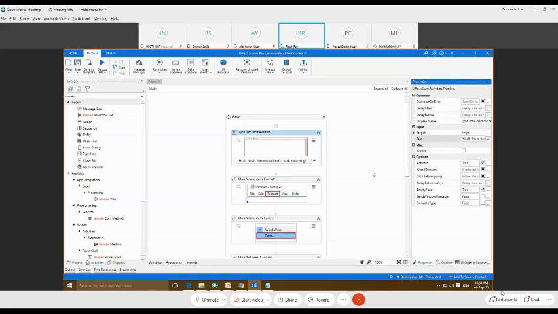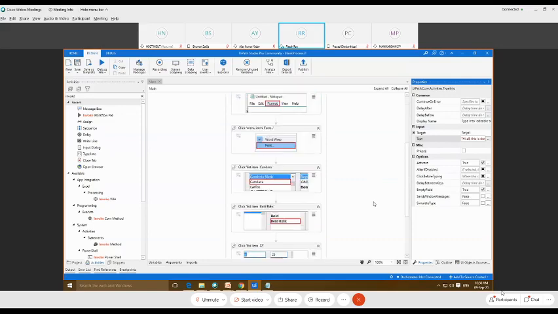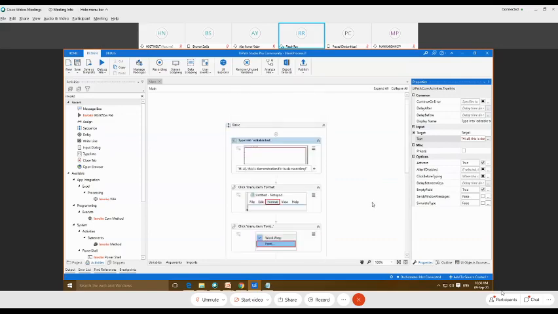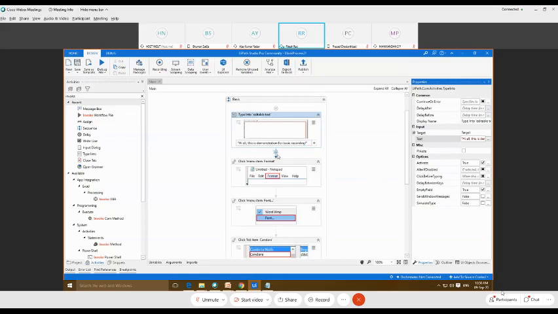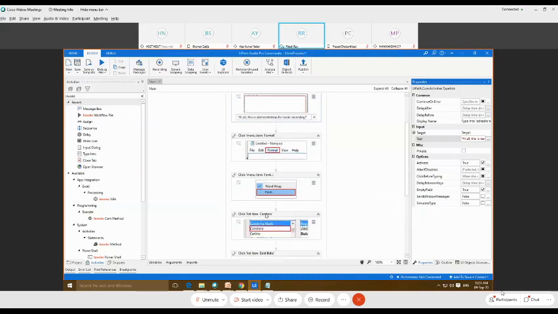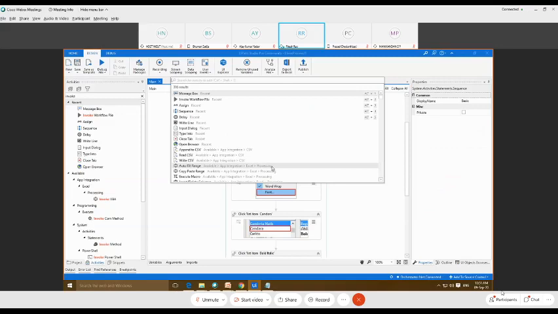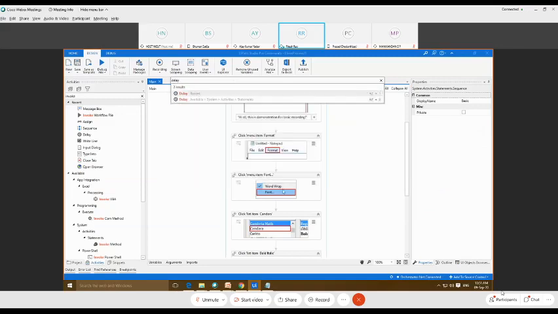So this is all about the basic recording. And one more thing we can do here: since we have not provided any delay, you can see these arrow marks between two different activities. Yesterday, madam already discussed how we can provide a delay between two different activities. If you want this third activity to be executed after a certain amount of time, we can provide a delay here. We just click here and write Delay, and we will get the Delay activity.